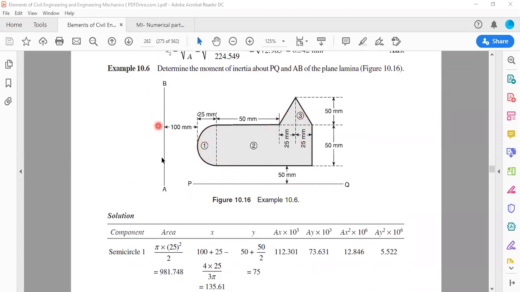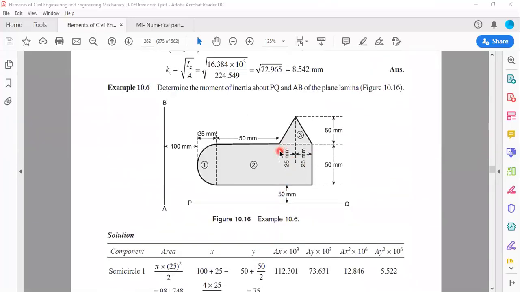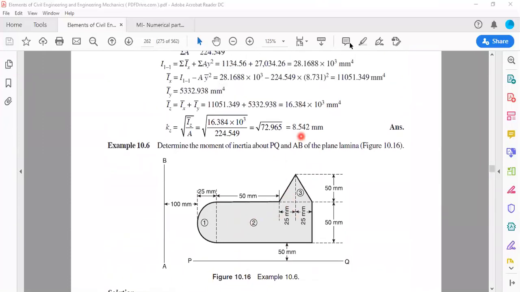When I'm writing about this base, everywhere I have to make sure that I apply the parallel axis theorem. So I self of this plus A h square, h becomes this distance in case of XX, and it becomes this distance in case of YY. Similarly, a rectangle about its XX, and the distance x is this and y is this. And for the triangle, I wanted you to go through this so that you try. If you're not getting it, we will be solving it for you. Thank you.